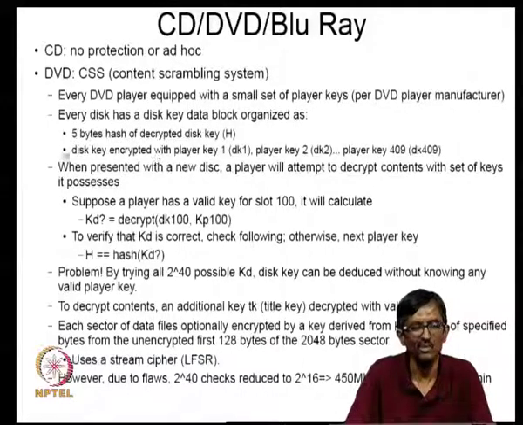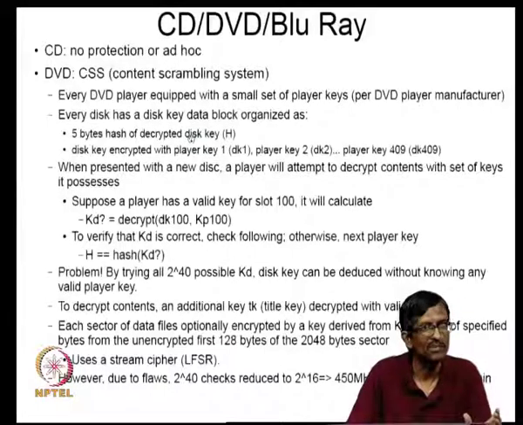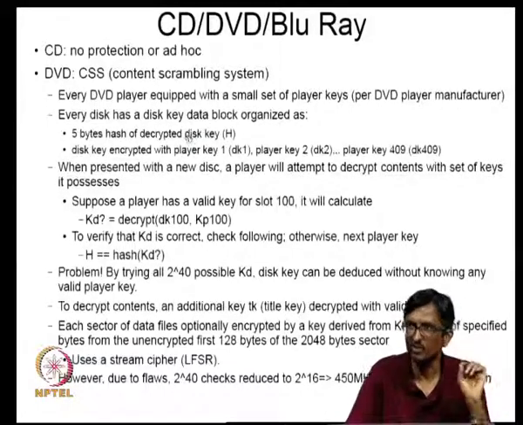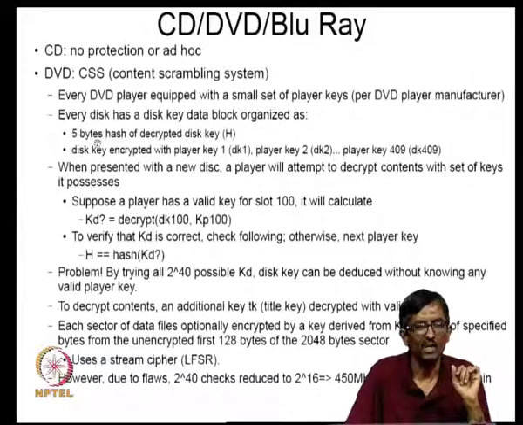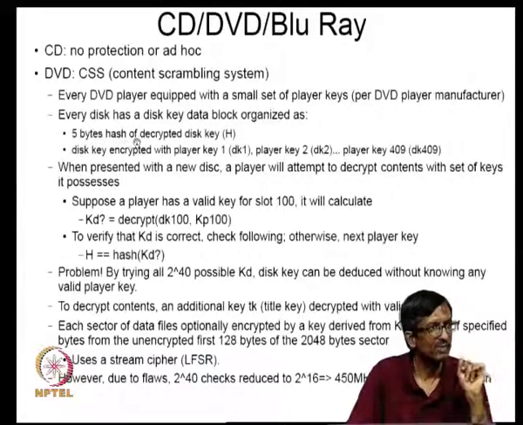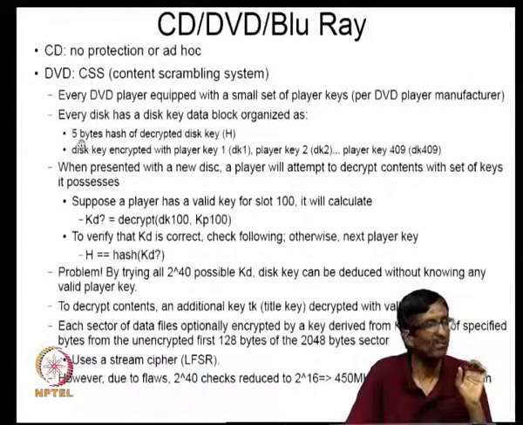What do they have? There is a decryption key for that particular DVD, that movie or whatever. And what they do is they have a hash of it. There are hashing algorithms they use; we are not going to go into those details. So it has a 5-byte hash of that disk key that is stored, and these things are stored in a